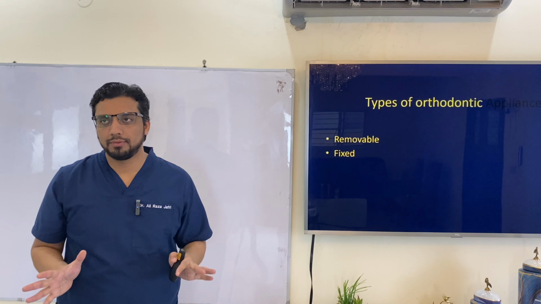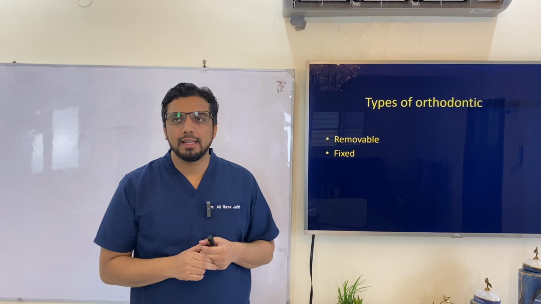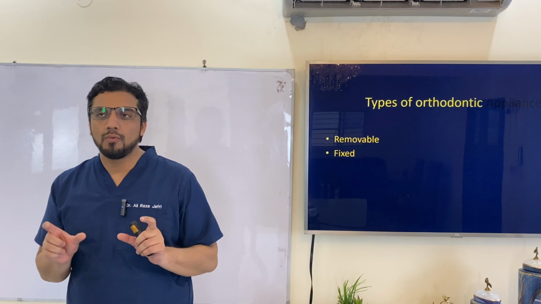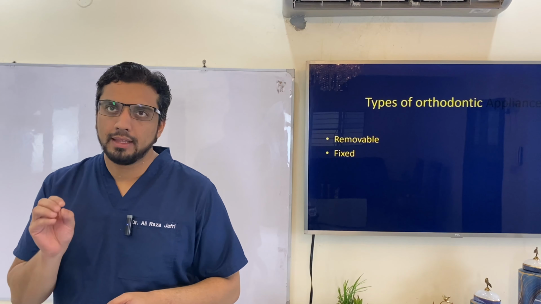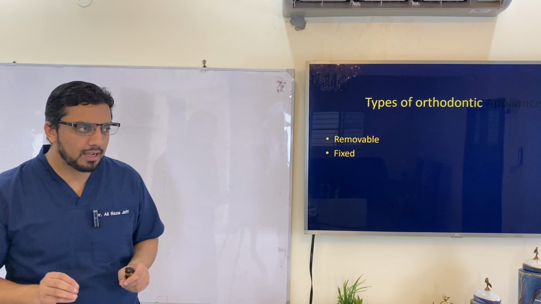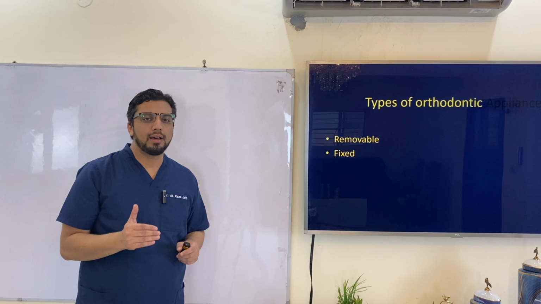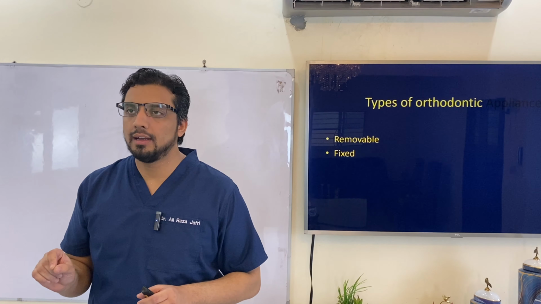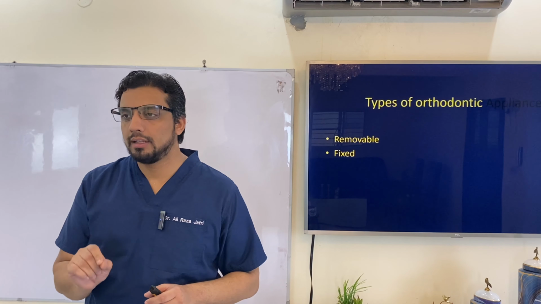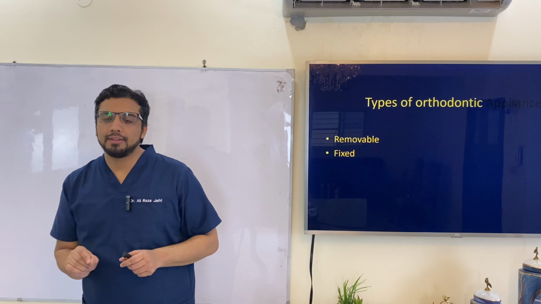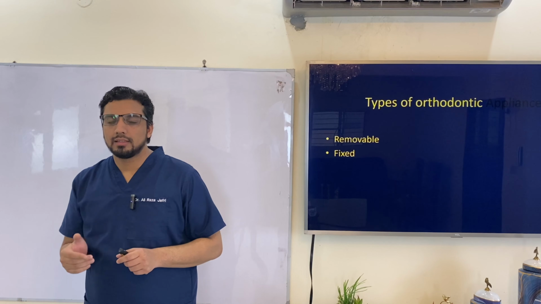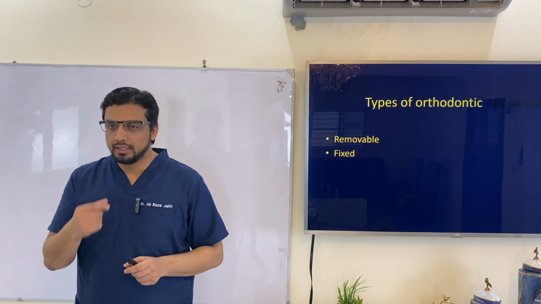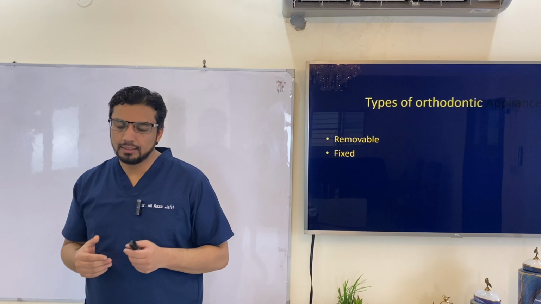We have two types of orthodontic appliances. One is the fixed and the other one is the removable. So what are the fixed appliances? The basic concept and the defining criteria for fixed appliances are that those appliances are called fixed appliances which are attached to the dentition in the oral cavity, and the criteria is that the patient or subject cannot remove the appliances out of the oral cavity. These are called the